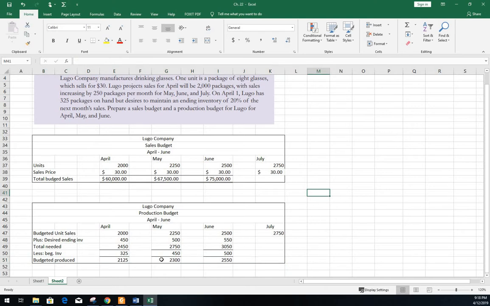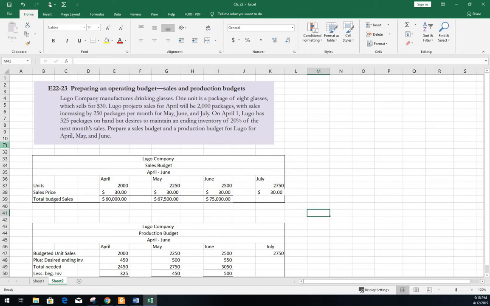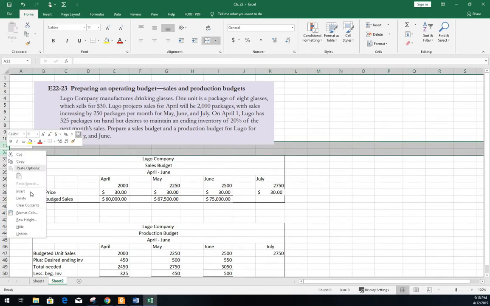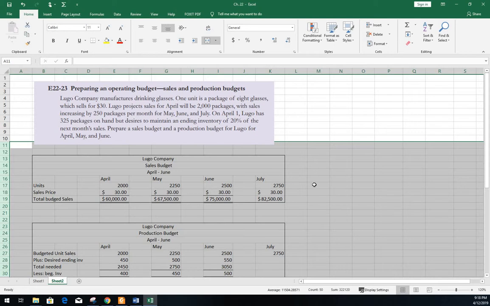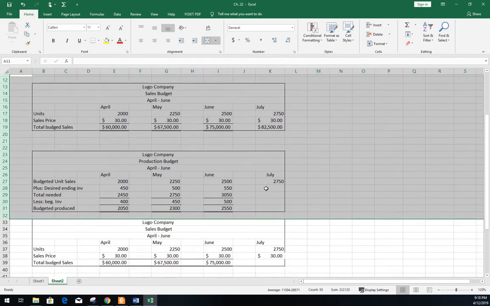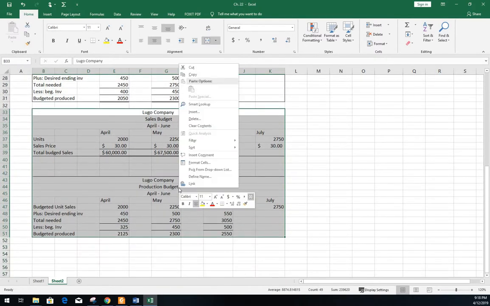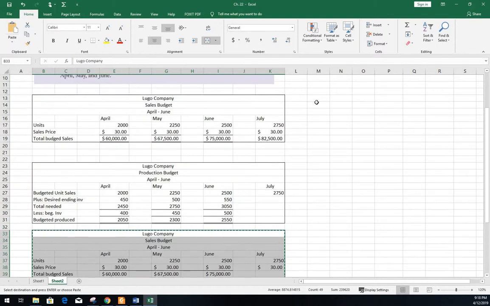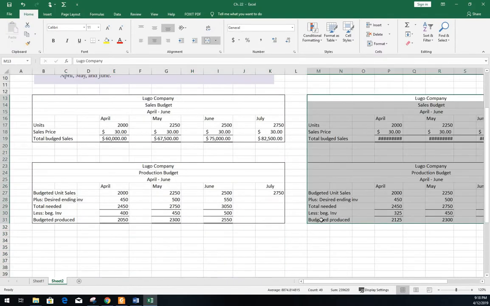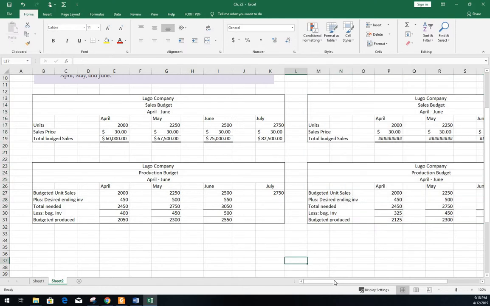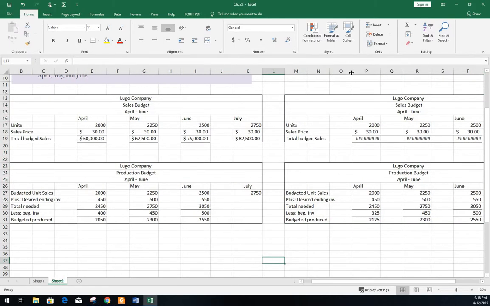Okay, so that is the solution to the production budget. I've solved this problem previously, so we can just take a quick look and compare to make sure I got everything correct. Okay, so this is the previous problem that I did, and I'll just put these side by side, just to make sure. And clear up some of the